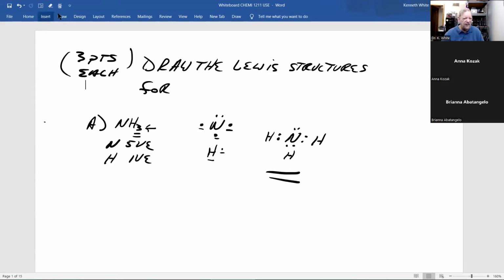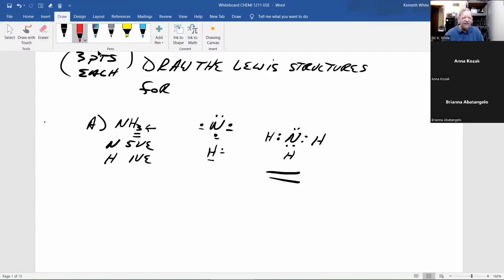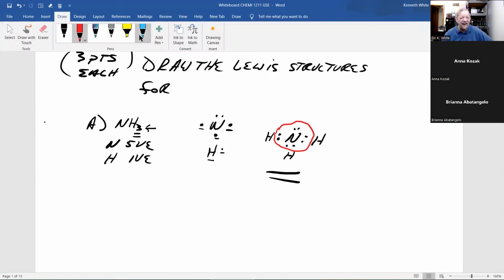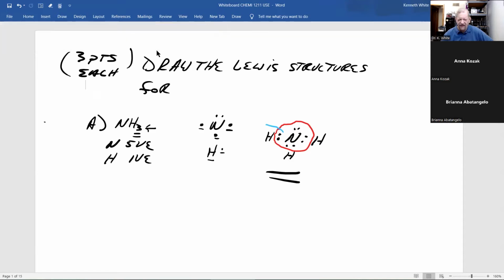Now let's take a look at this. All atoms want to have an octet except for hydrogen. So if we look here in red around nitrogen, how many valence electrons do you see? Well, there's 2, 4, 6, 8. It has its octet. Now, if we look at any hydrogen in blue,